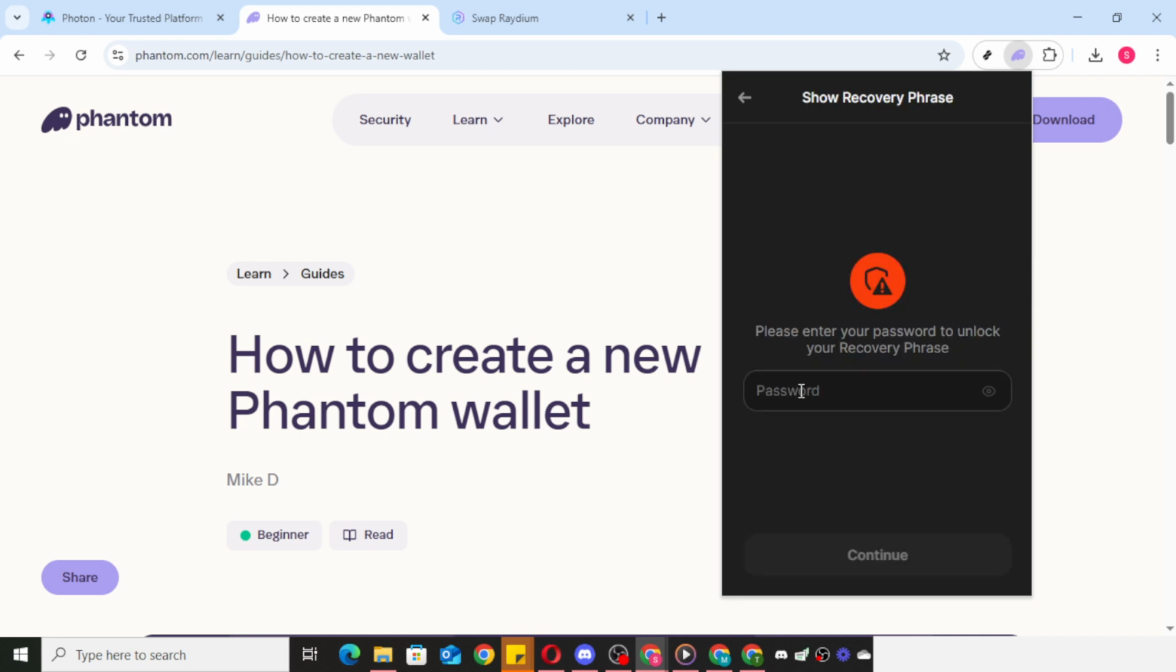While entering your password, make sure you do so in a private setting where no one can watch over your shoulder. Guarding your recovery phase is crucial as it gives you access to your wallet. Remember, your recovery phrase should remain a secret. Only you should have the knowledge of it. After you enter your password correctly, your recovery